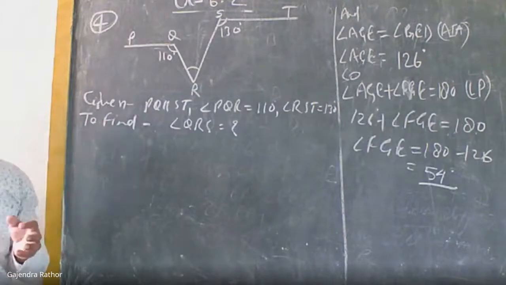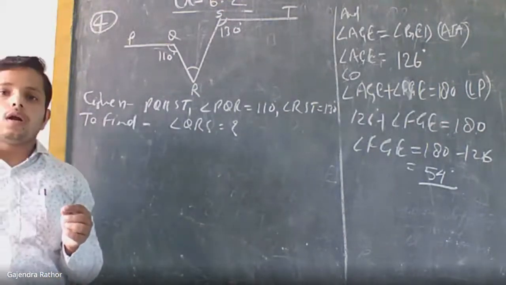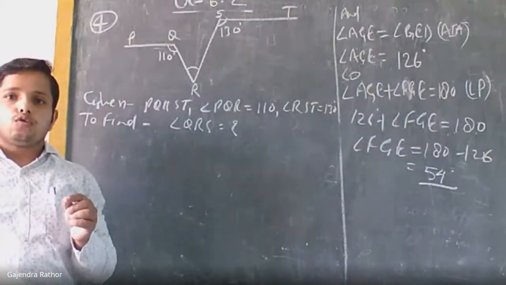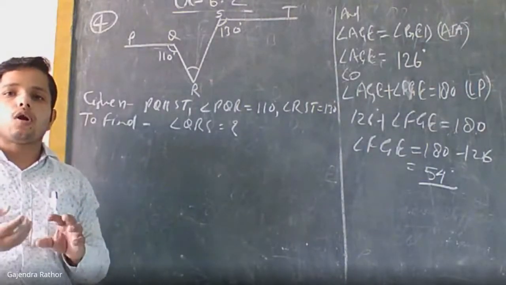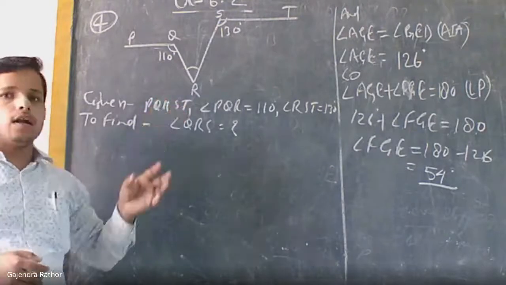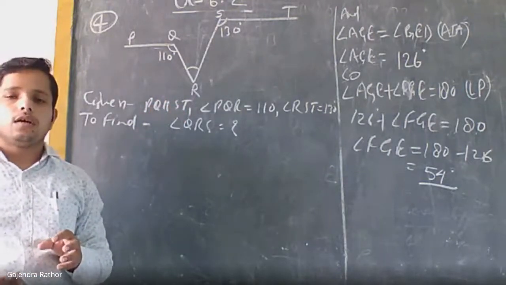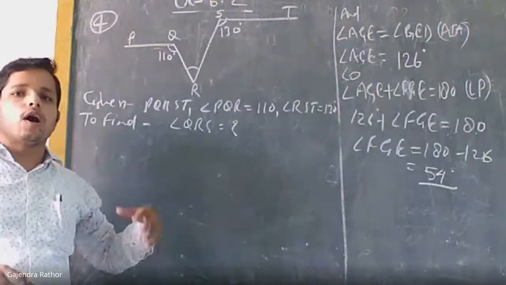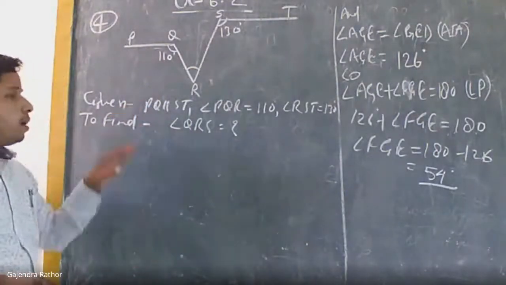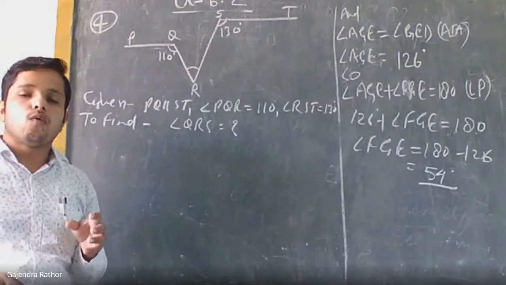Now, after that, there is one point I told, construction. When we write this point, if we need construction, if we draw some lines in the given figure, then we will write the construction. If there is no construction, we directly come to the next point, proof or solving. But here we will need a construction. What is the construction?